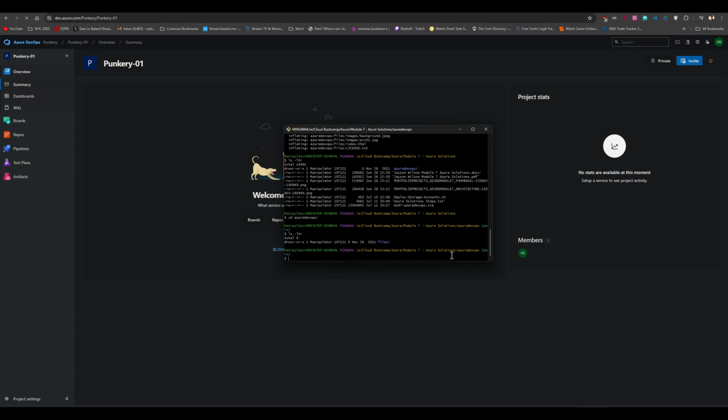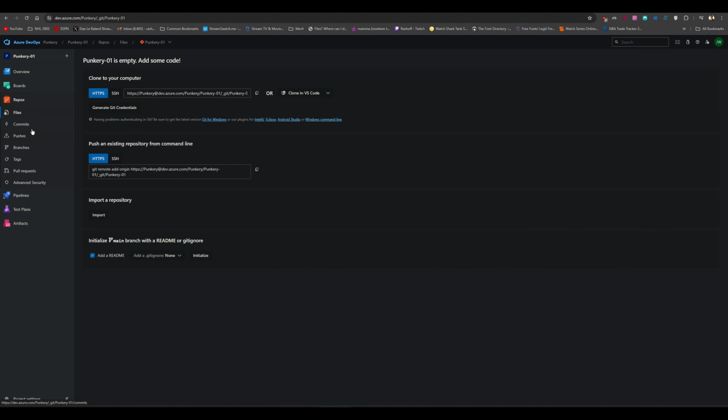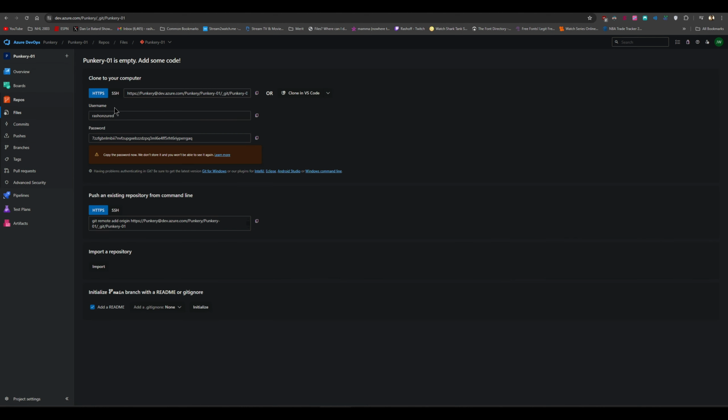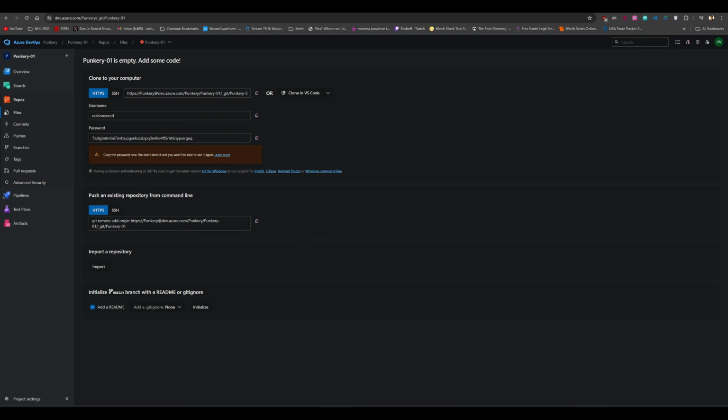Right, so once we do that, we want to be in the Azure DevOps folder right here, so just stick around here. We will go into repos. We're going to generate the Git credentials right here, and we're going to want to save these credentials. So username is the account I signed up for Azure, and the password we're going to put into a notepad file, of course. And then while we're here, we're going to copy both of these commands as well,